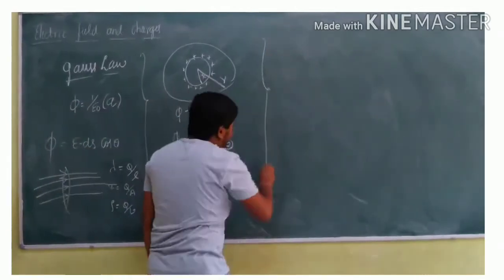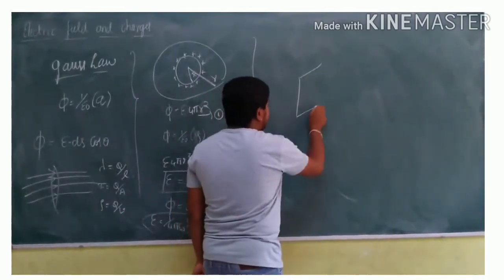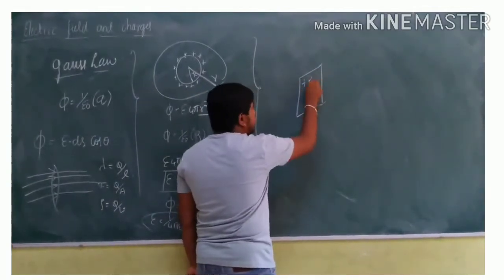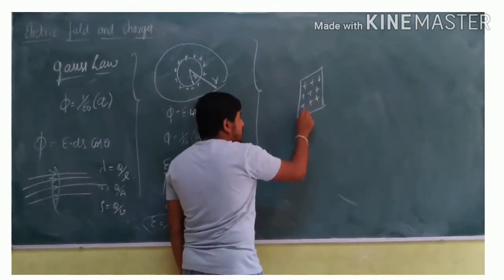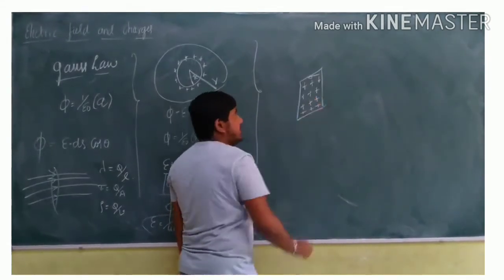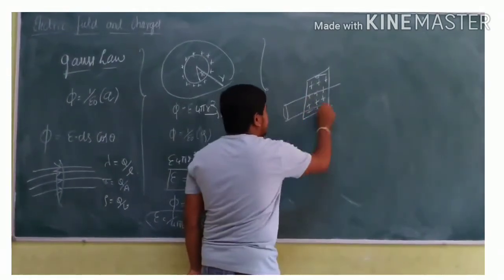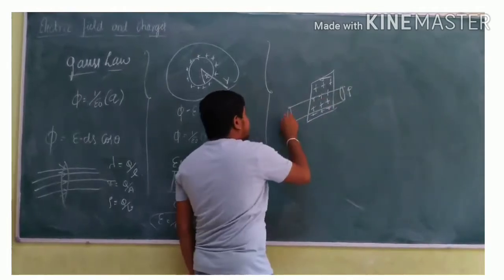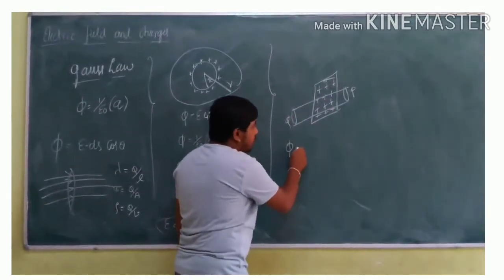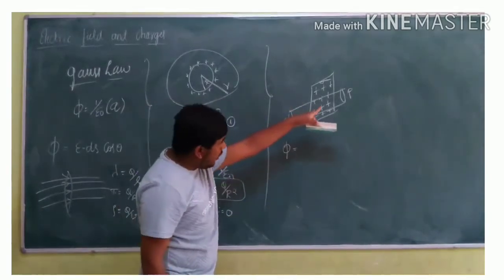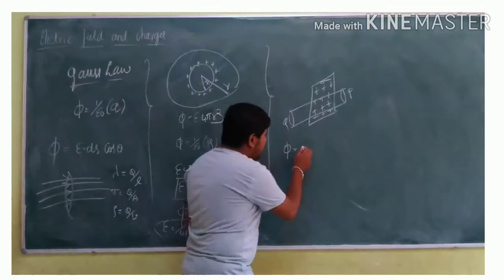Again, after this, we learned electric field due to a plane sheet. Let us take a uniformly charged plane sheet. Let sigma be the surface charge density. Let us take the Gaussian cylinder for this. Let P and Q be the two points where we find the electric flux. What is flux? Flux is equal to Ea cos theta. At point P we are going to find the flux, and at point Q also we are going to find the flux.